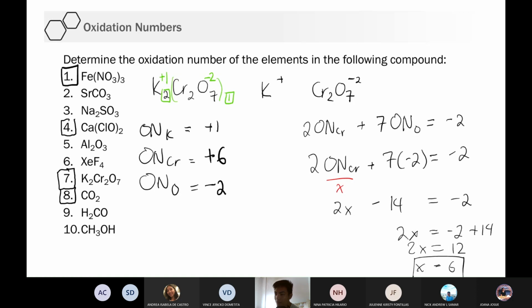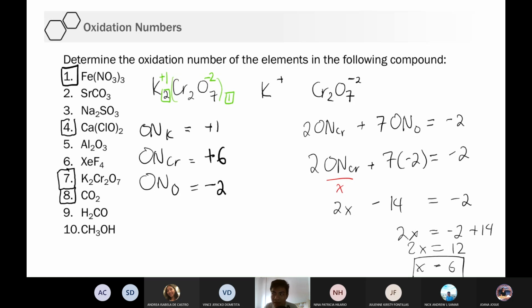So, ayan. That's how we answer number 7. Again, if you have an ionic compound, it will be better if you split them into ions. Although rule number 3 can be used, no? However, what if dalawa yung unknown mo? What if tatlo yung unknown mo? Ganun yun yung problema.